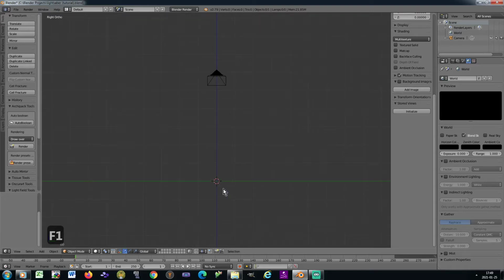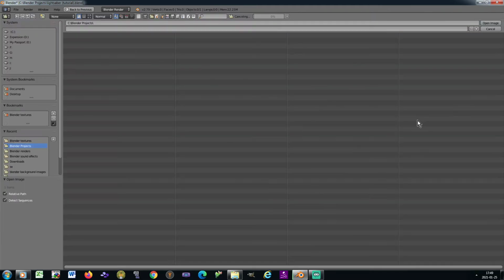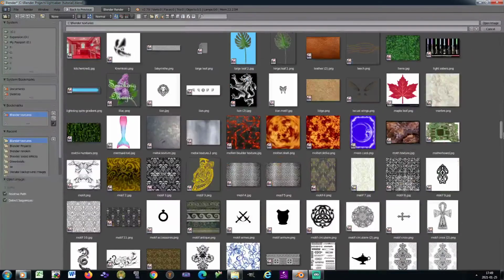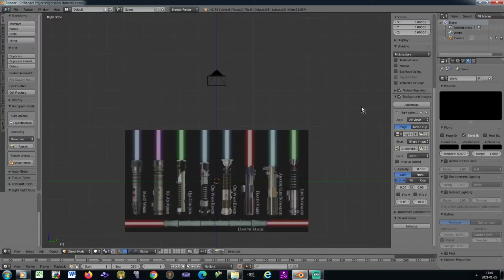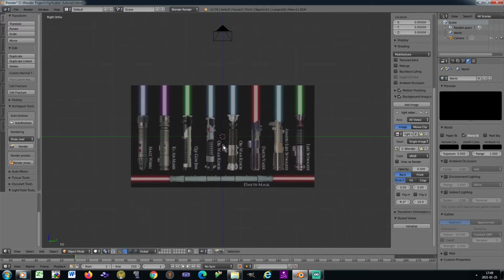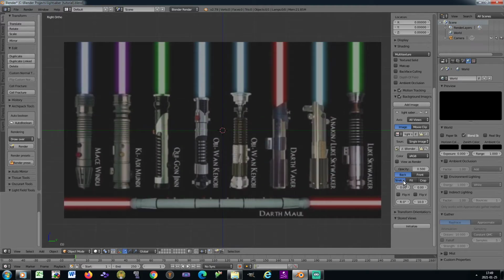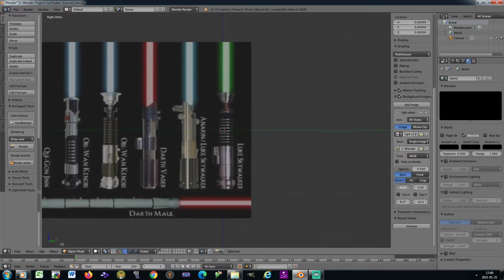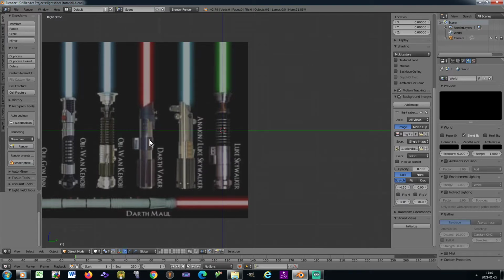Hello everyone, in this Blender video tutorial we will be modeling a lightsaber. So let's begin by adding a background image. I've picked an image of several lightsabers, but for this tutorial we will only be modeling Luke Skywalker's saber. So let's move Luke's saber up to the middle of the scene like this,